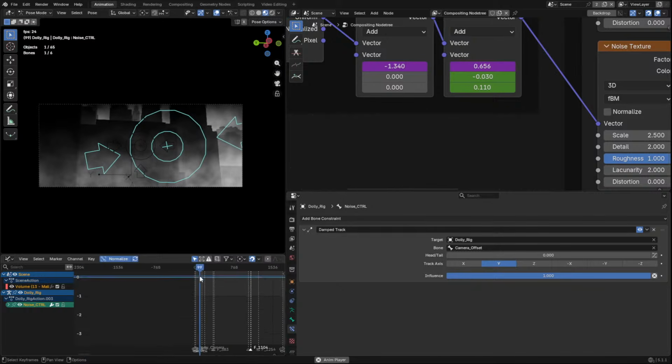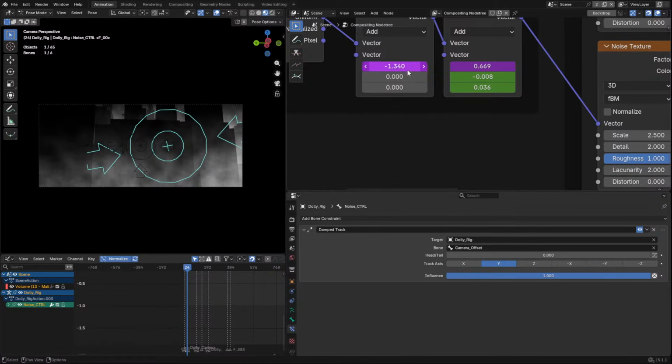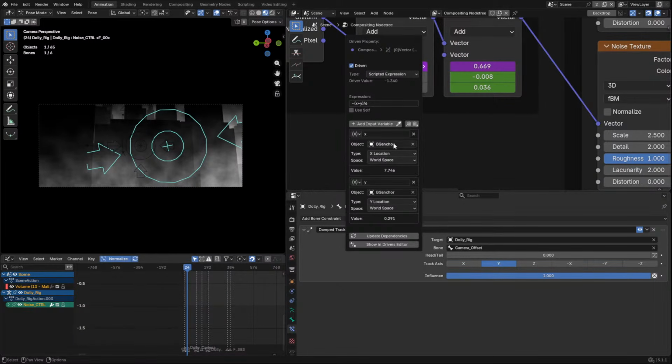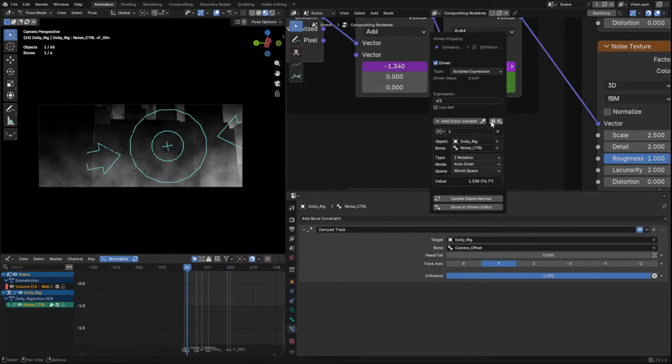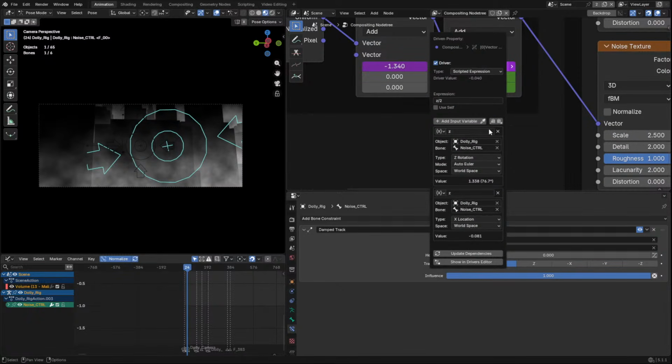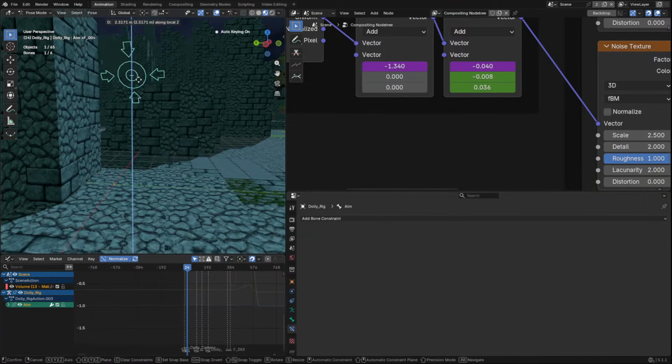Let's go back to the beginning and see what it looks like. Okay, now we're gonna add world space location back in. Because here, if I'm not mistaken,